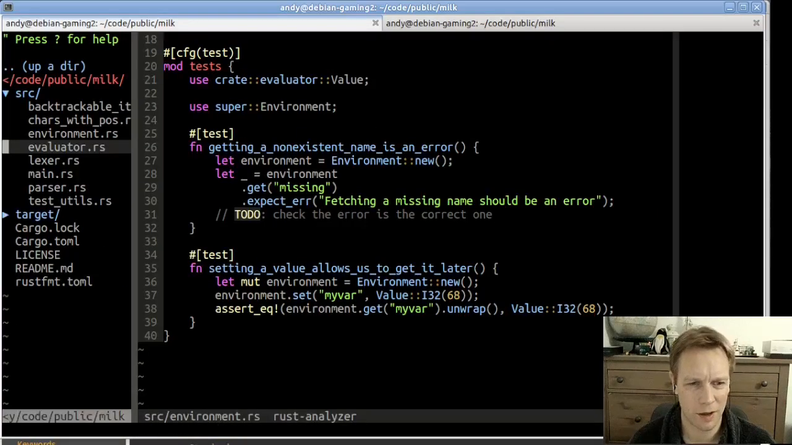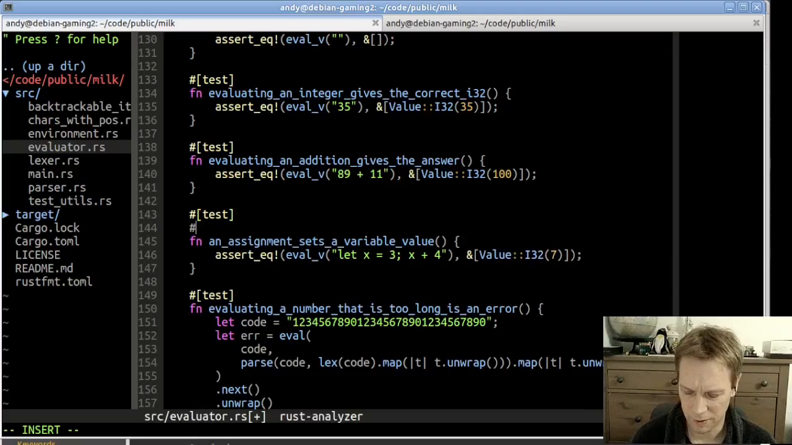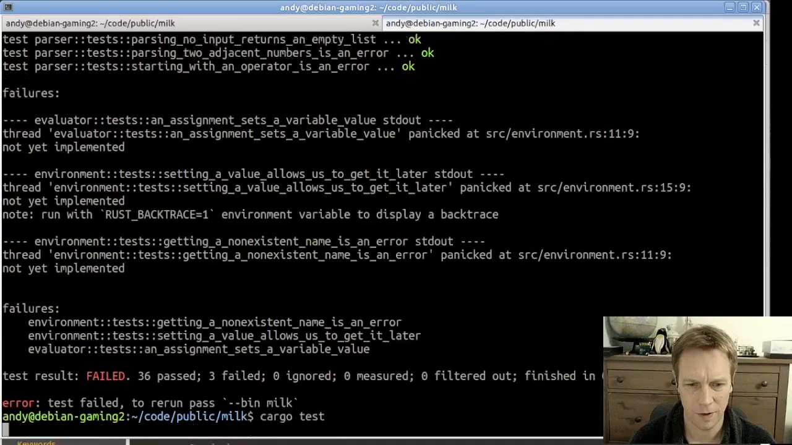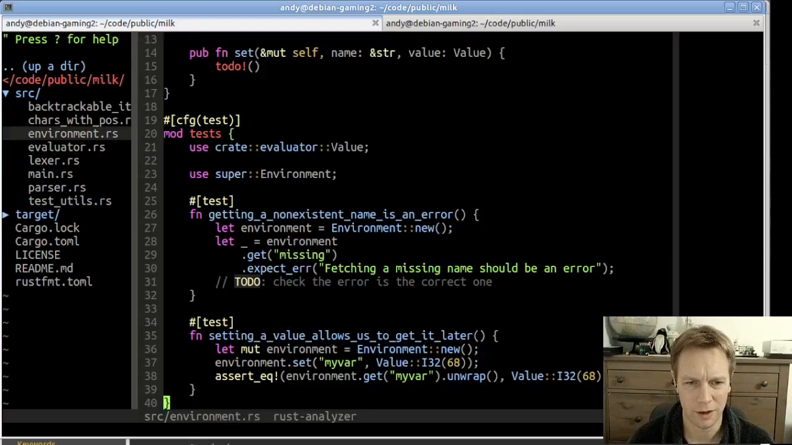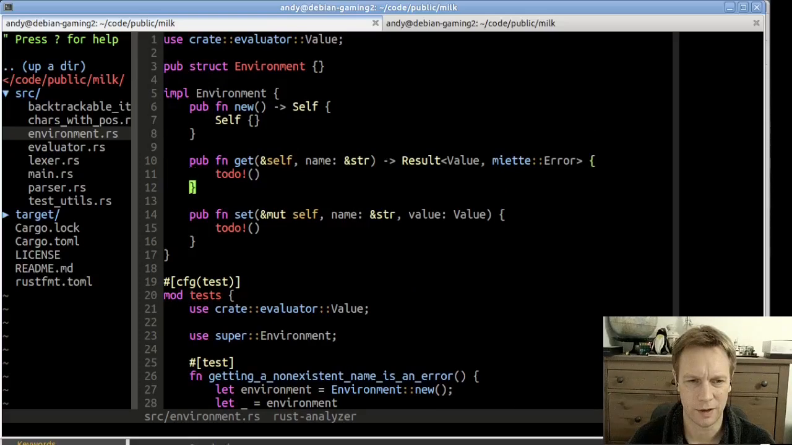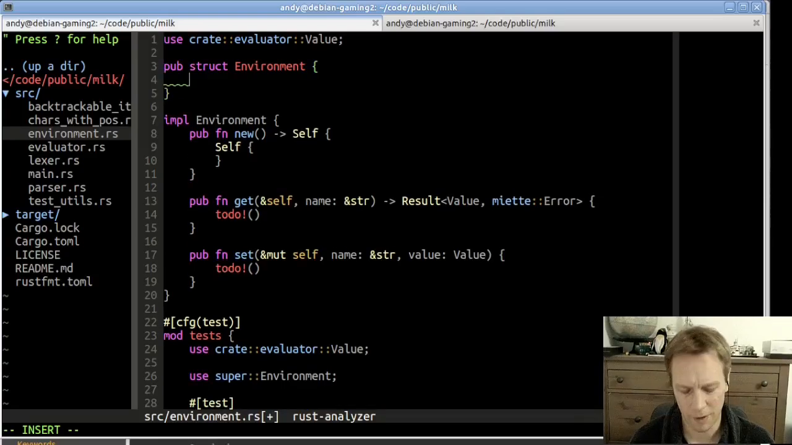Now let's put our evaluated test, our guiding test, back to being ignored, just briefly, so that we can have green when we've done our environment stuff. Now we should have just 2 tests failing. Yep. Okay, so let's make them pass. And actually, so far, environment is just super simple, because all you can do is get things and set things. So we're going to have some kind of map in here, which we'll call values, which is going to be a hash map of string to value, I think,